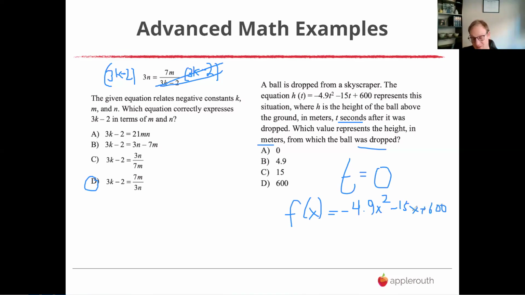And then if I really want to make my life easy, which I do, I would just say, okay, what's f of 0? So what's the height when the time is 0? And of course, it's going to be 600. In this case, they're not asking us the maximum height, the vertex. That's different. They're asking you for the y-intercept, right? Our starting point. We can make that, though, incredibly simple with Desmos.